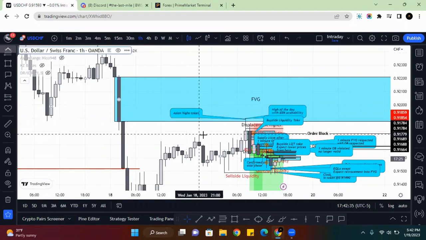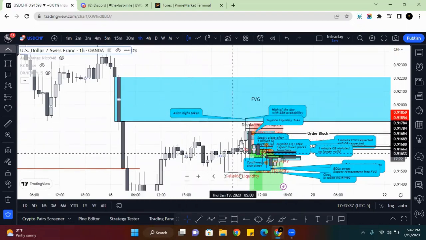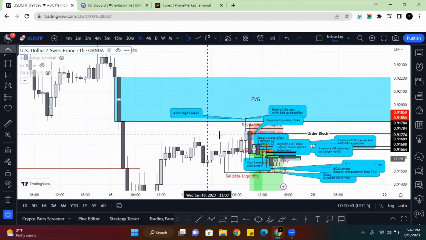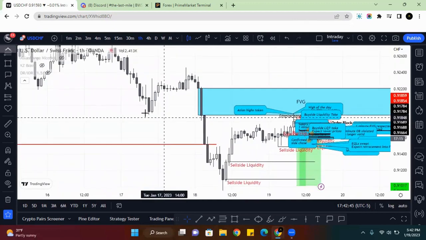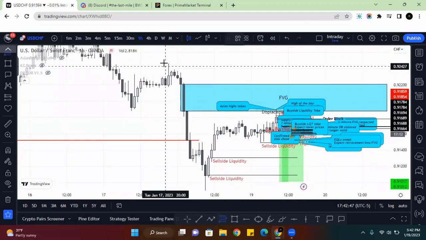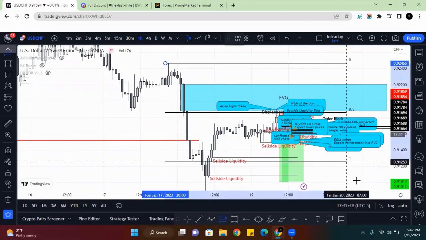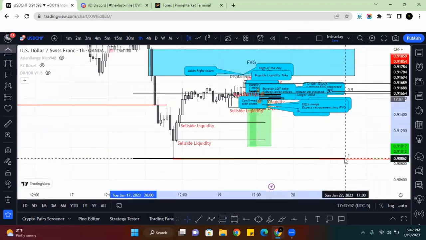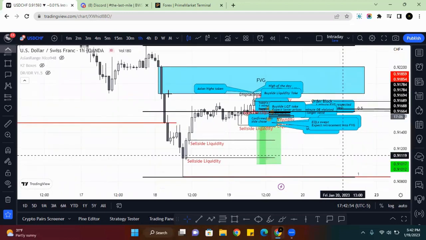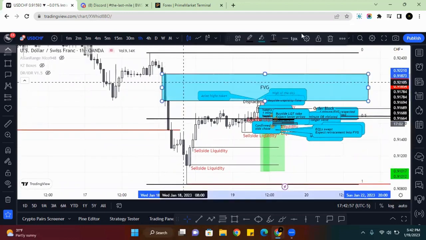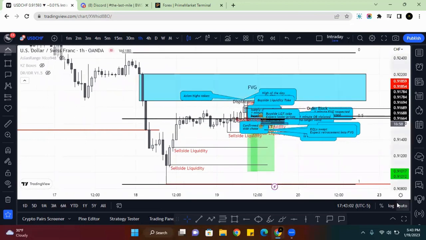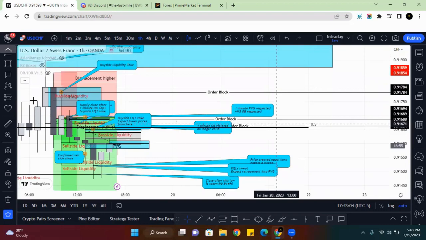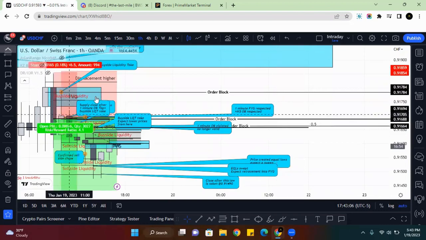So that was what I needed, right? I knew at that point that price was coming up. It already took out buy stops into a 1H fair value gap in premium territory. That was my context for the entry. I used the 1H to enter on a 5-minute. Boom. Fair value gap in premium territory. So once I saw that was going to be a thing, I basically waited for a bearish engulfing close, an order block close after the mitigation. Once I had that, I dropped down to the 5-minute.